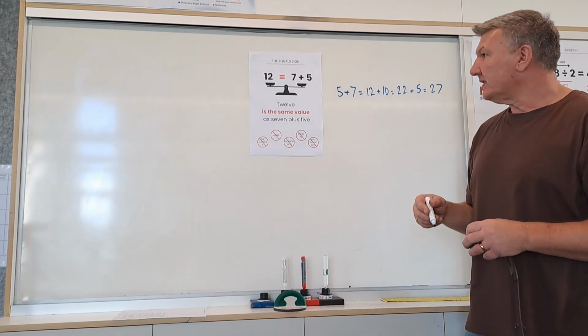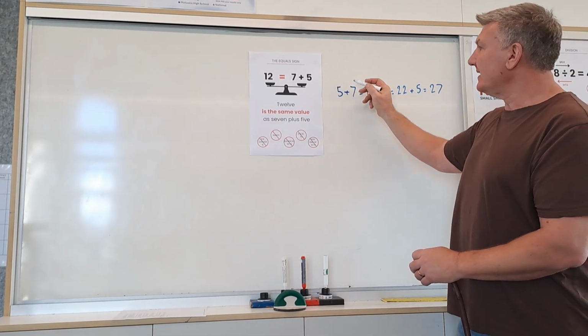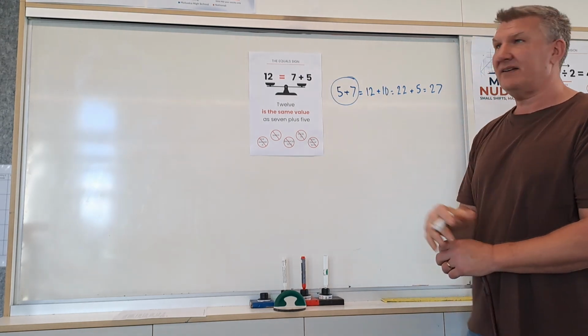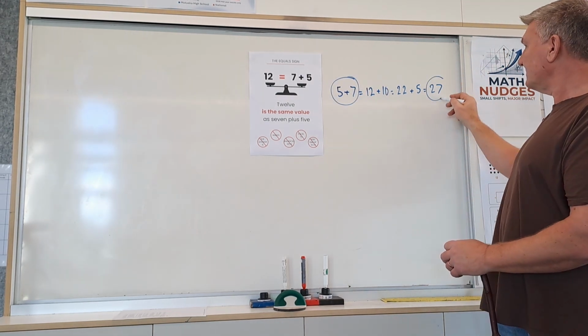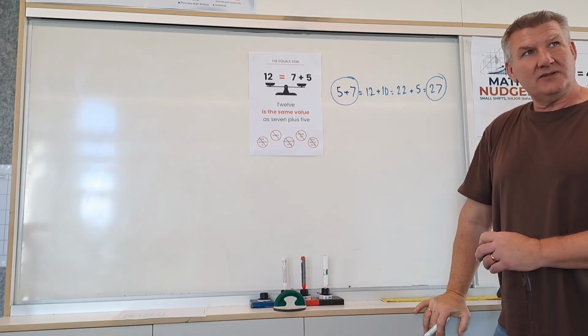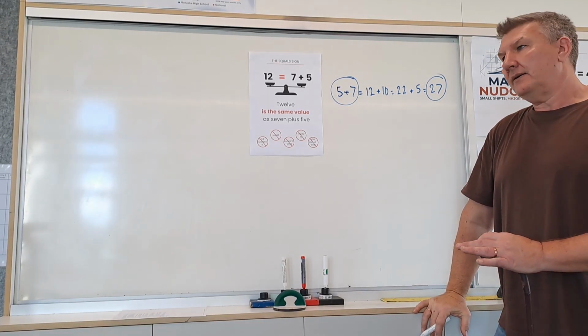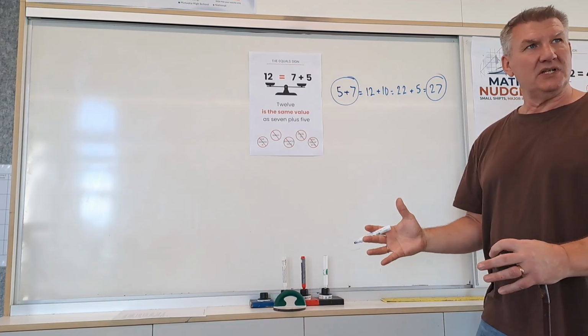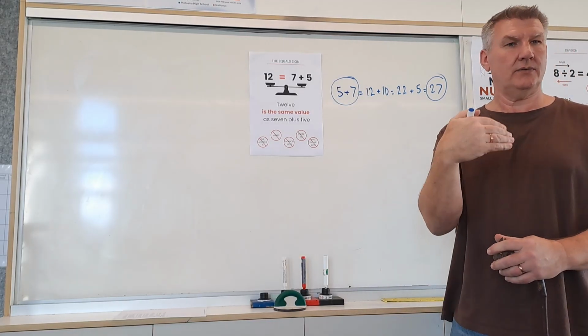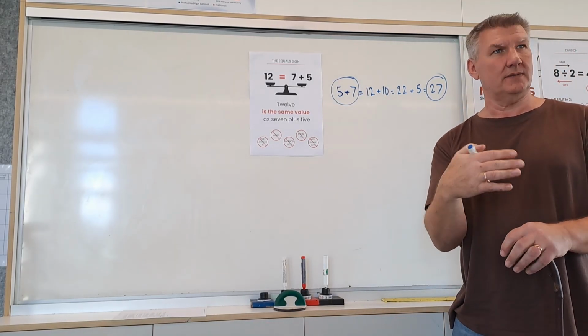We'll come back to it in more detail, but what this is actually saying mathematically is that 5 plus 7 is the same value as 27, which it absolutely is not. Okay. Now it's one thing just to tell students don't do it. We also need to put in place what the equal sign means and allow them to build up a picture